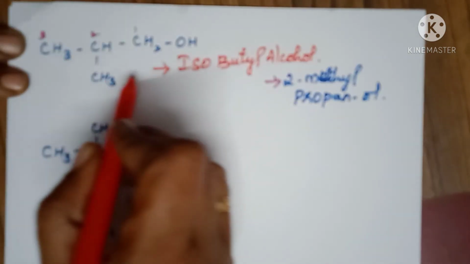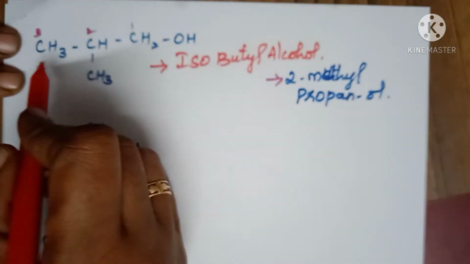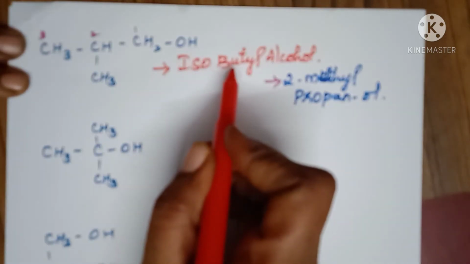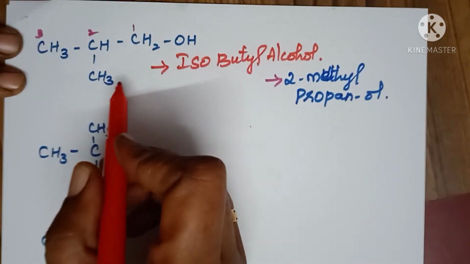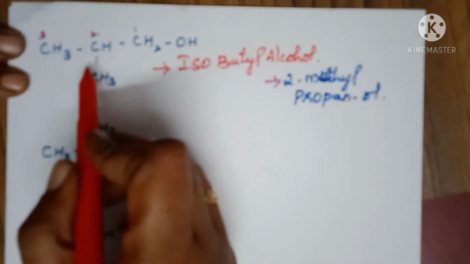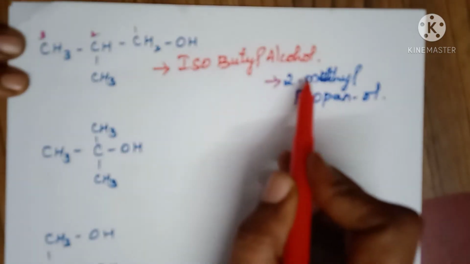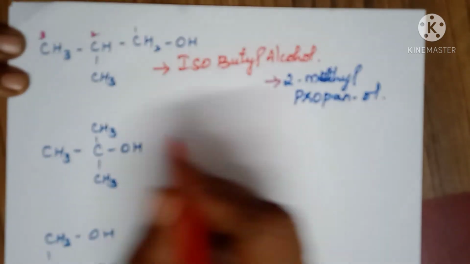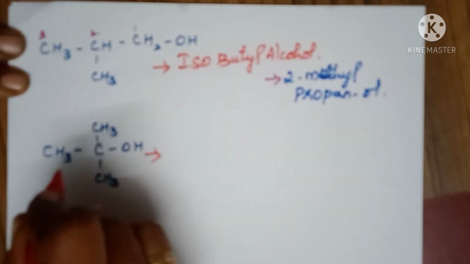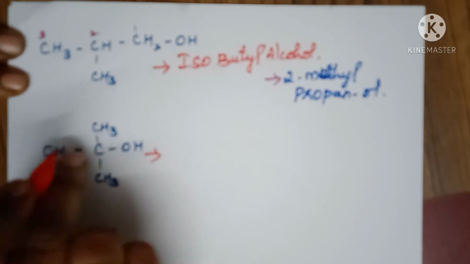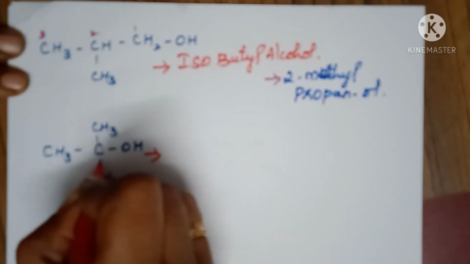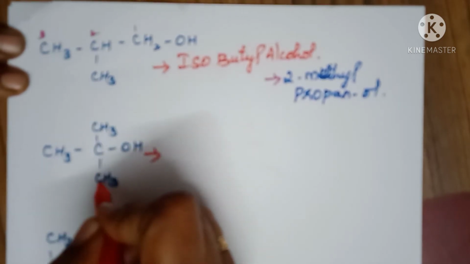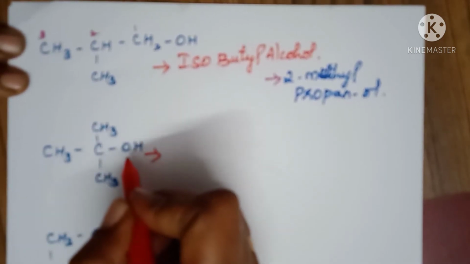This is isobutyl alcohol because 4 carbons are there. It's a common name, isobutyl alcohol. But when you are coming to the IUPAC name, it is 2-methyl. In that second carbon, a methyl group is there. So 2-methyl propanol. Okay. Now next one, what is it? See, this is carbon. And how many carbons are there here? 1, 2. First carbon, second carbon. But here it is a long chain where you have to put. And here it is a functional group.